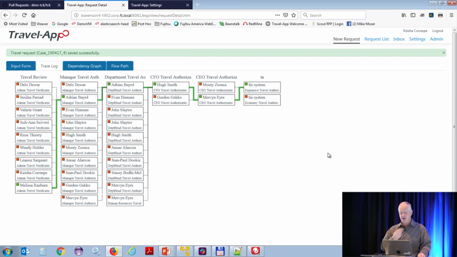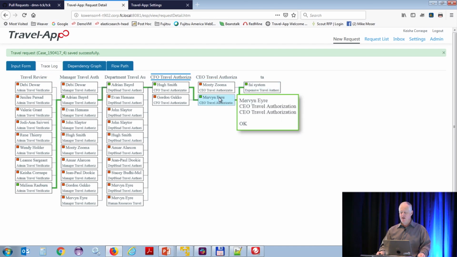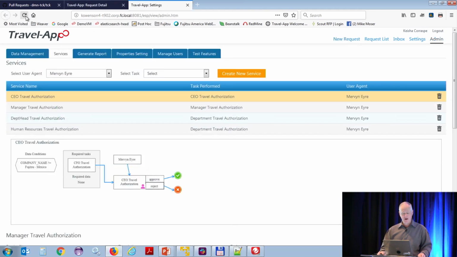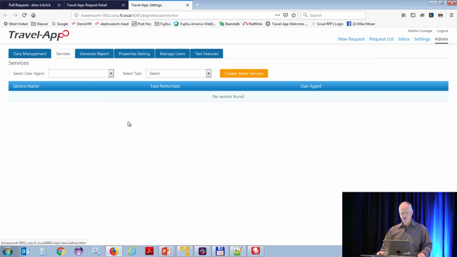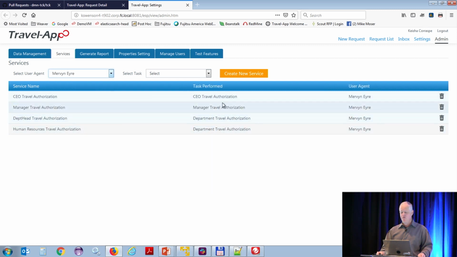And probably the best way to see it is this: we actually start here with the requirement, and then the CEO requires the CFO. And this green line, these are all the people that can do the various tasks, the various roles in this process. The green line here indicates the optimized route that has been found through the process. So now let's dig into it and see how this is done. If I go look at the service descriptions, the service descriptions can be entered in here, and we'll look at the service description for Mervyn. So Mervyn does 4 different services.